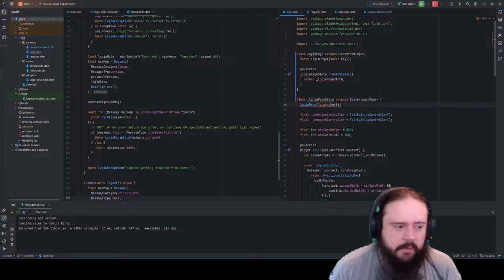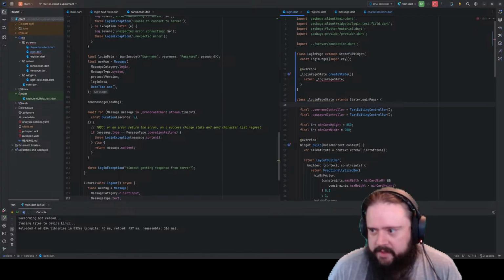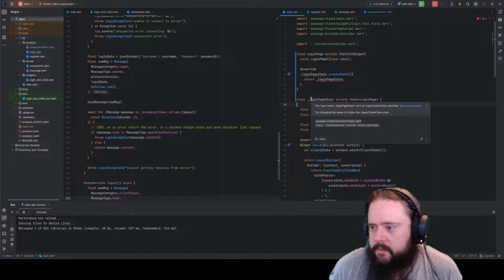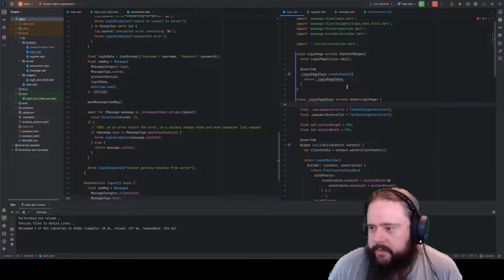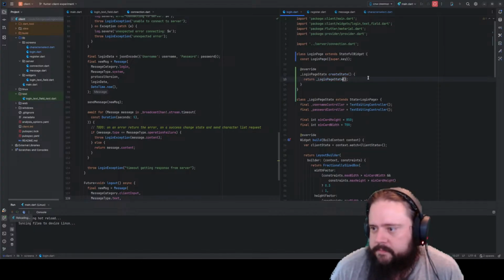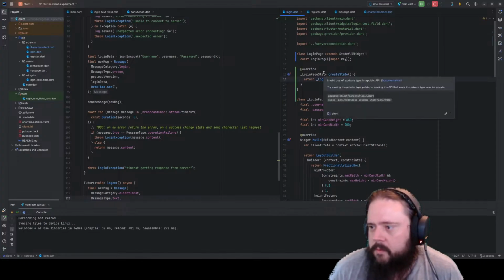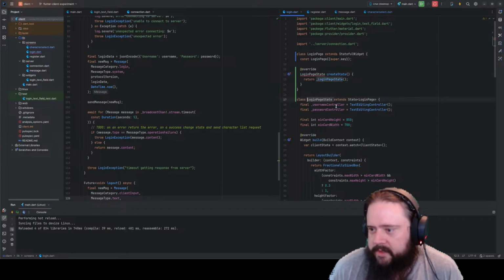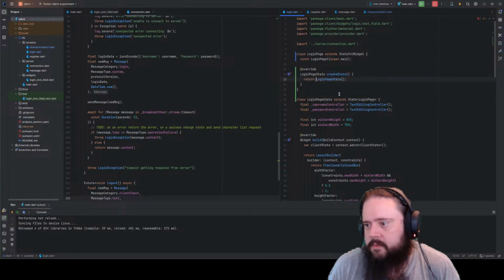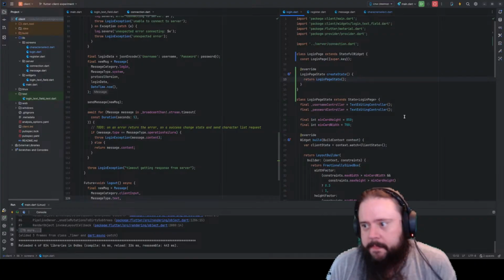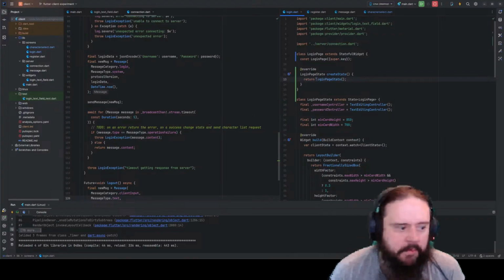So, and then I don't think we need that anymore. Oh, it is supposed to be upper camel. Okay. Forgot that as well. Private type in a public API. Okay. So it doesn't want that either. That's fine then. Okay. Now